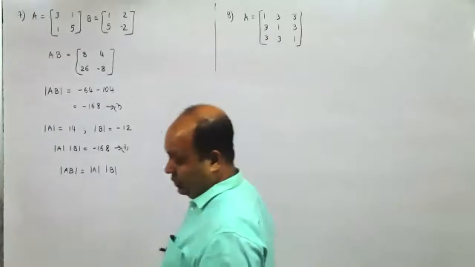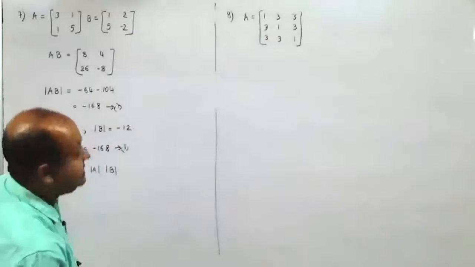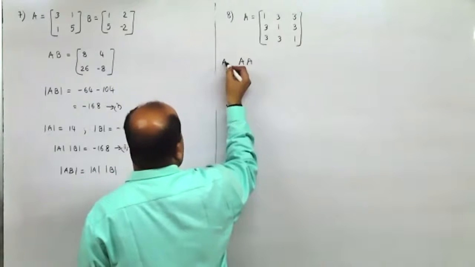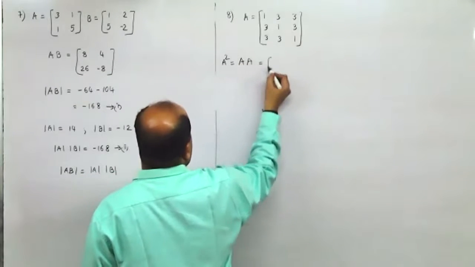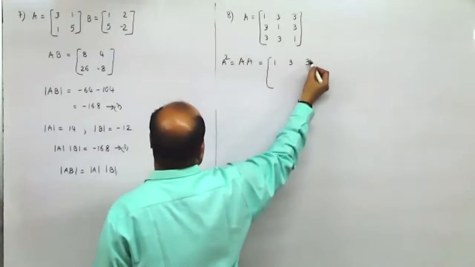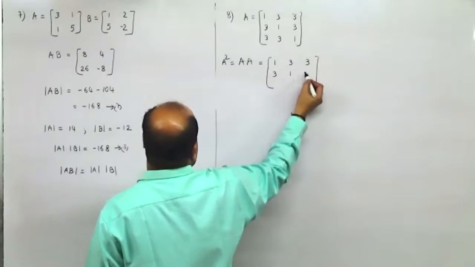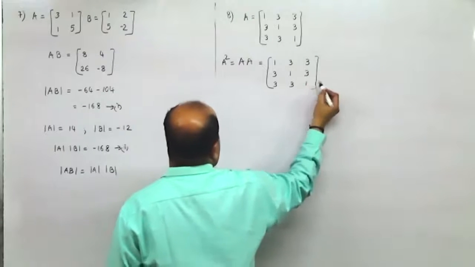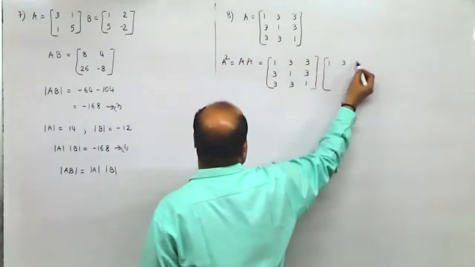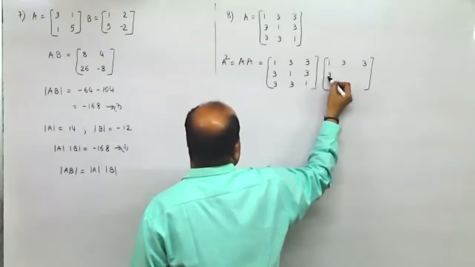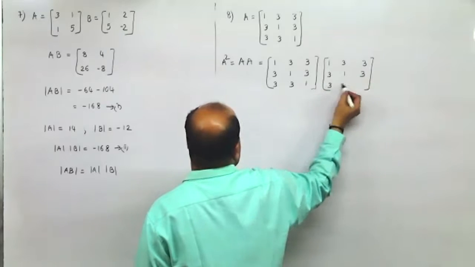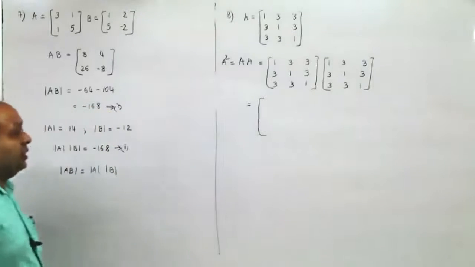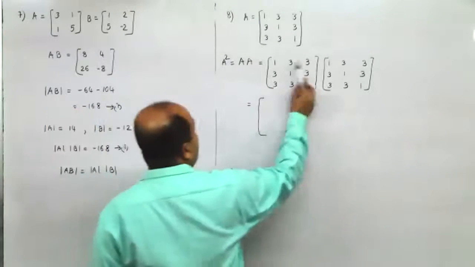This is A. You need to prove that A square minus 5A is a scalar matrix. I'll find A square here by multiplying A with A. So I'll get here 1, 3, 3, 3, 1, 3, 3, 3, 1 times 1, 3, 3, 3, 1, 3, 3, 3, 1. This would be now first row, first column. So first row and first column here,